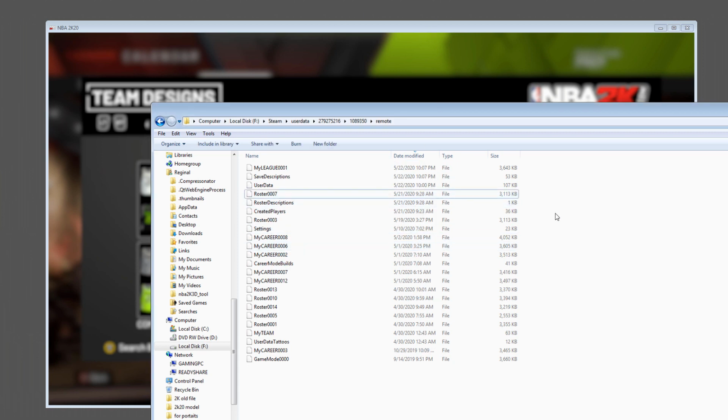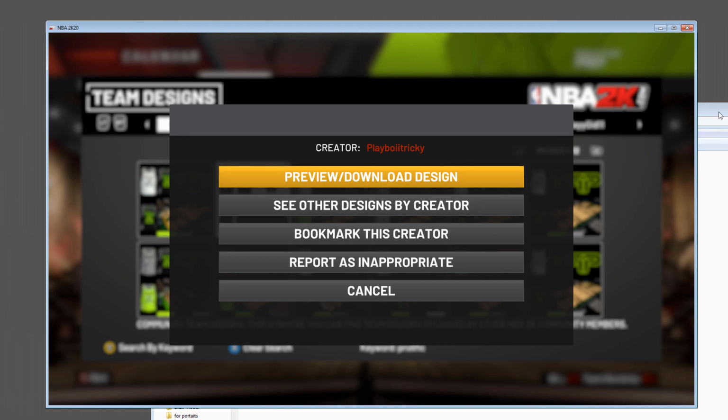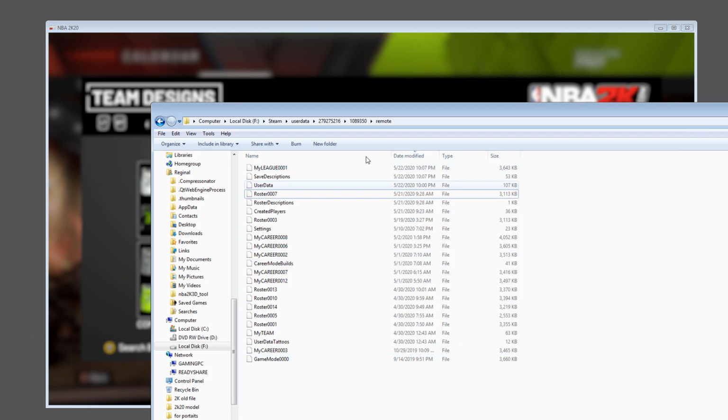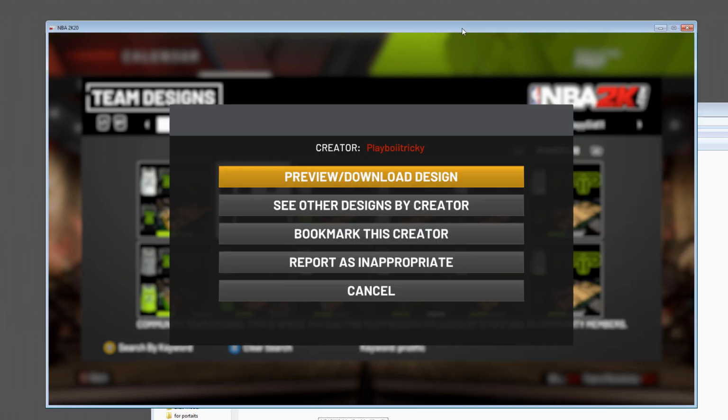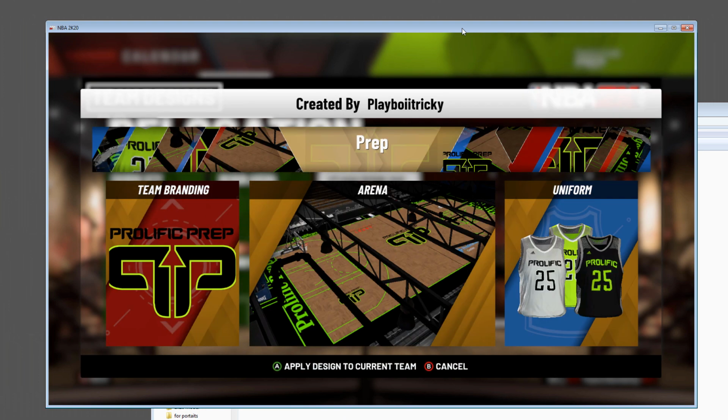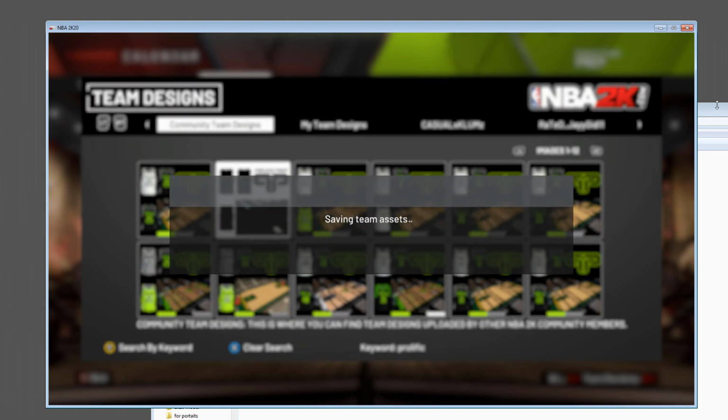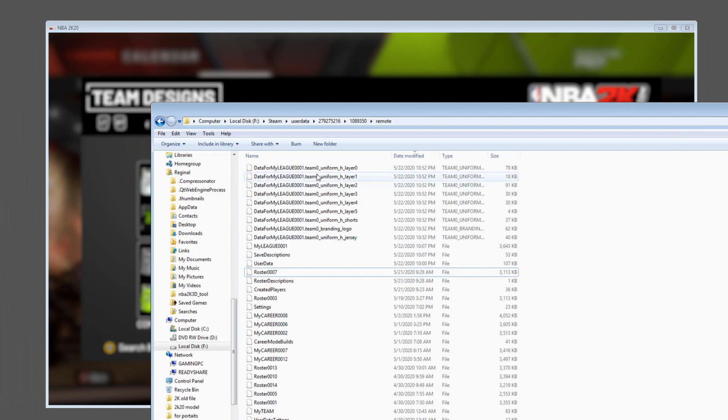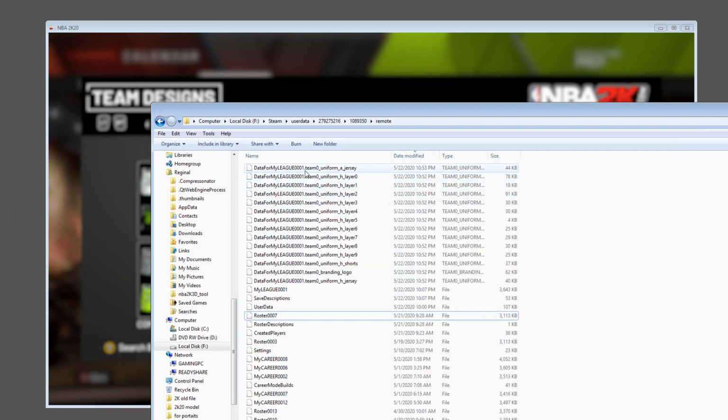So what it's going to do is when the file's saving in game here, it's going to come over here and then look at this, and we'll see the files being added here. All right, so let's see. I guess I got to go to view his design, then select to download it. It's saving. You see this? Look at that. It's saving